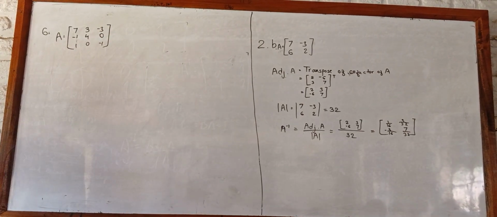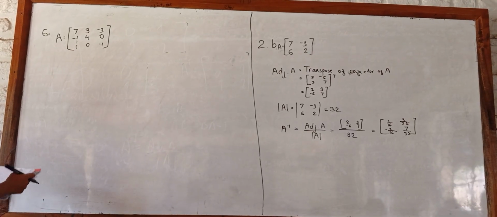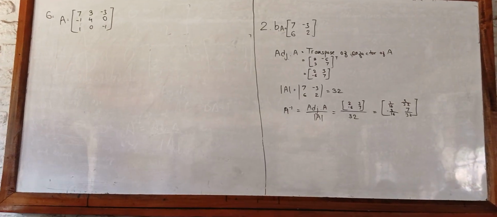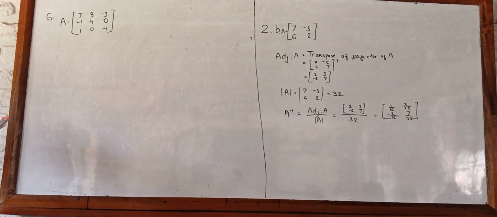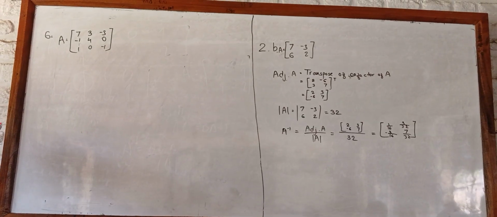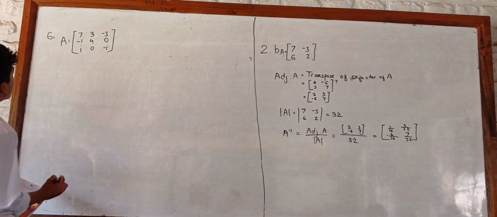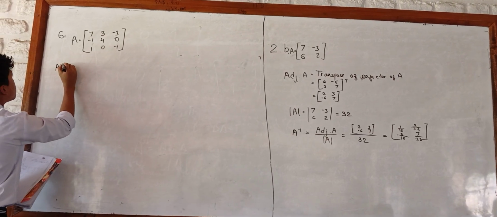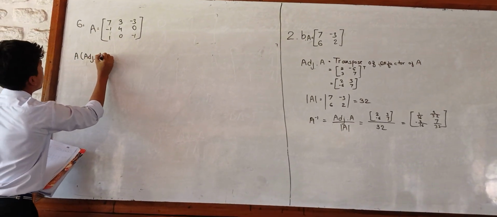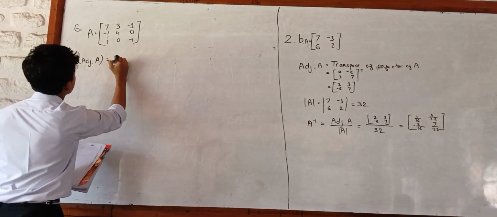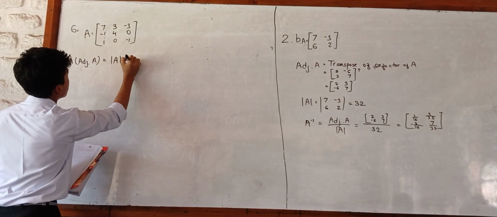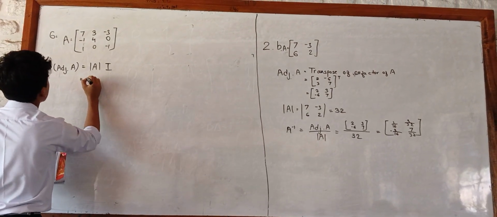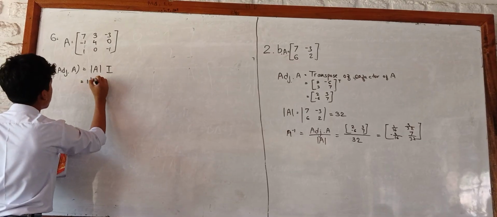Now in question number 6, we are given a matrix and we have to prove the product of A and adjoint A. We have to find the product of A and adjoint A without finding the adjoint A. So we have a formula: it is equal to the determinant of A times the identity matrix. So expanding along row 3, we get